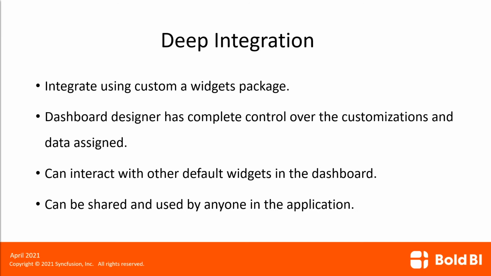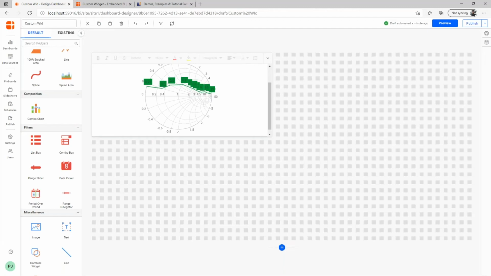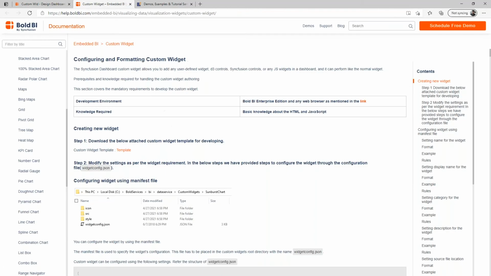Now let's go back to the application, and I will take you to the documentation first. We have complete documentation on how to build a custom widget from the template here on the help.bowlby.com site, and here you'll be able to download the template and start working with it.